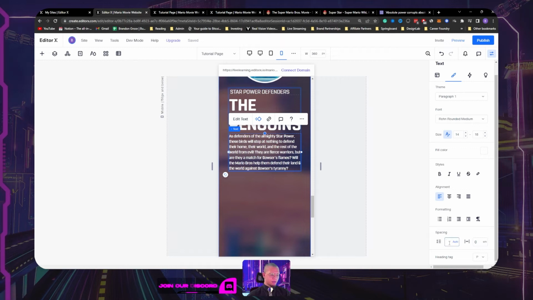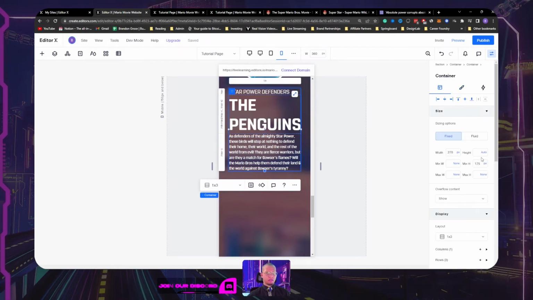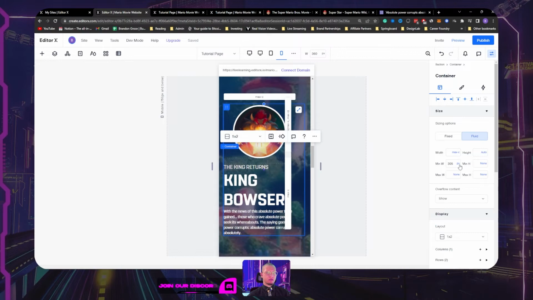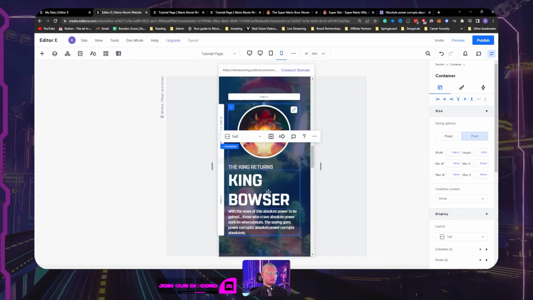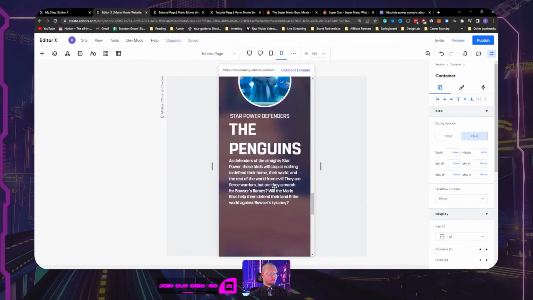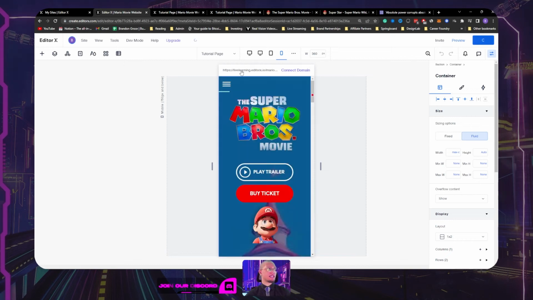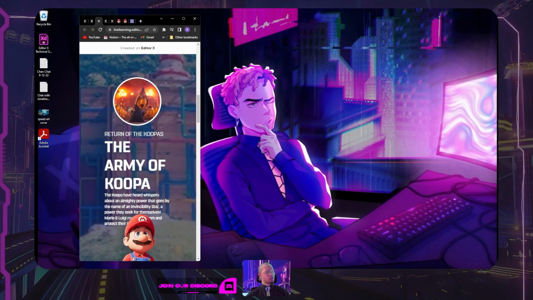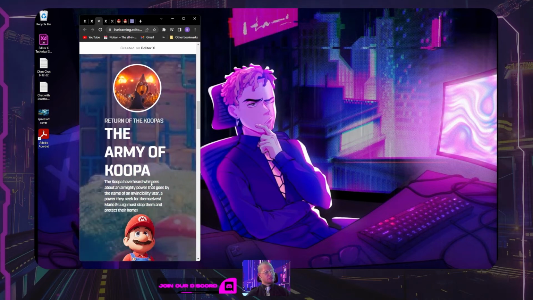Okay, gonna set the spacing to 1.4 EM. Make sure this does not have a minimum height. Set this to none. Our container here, I'm gonna set this to minimum width, set this to none, because I want this stuff to be centered. All right, let's hit our final publish. Now the only thing we might want to change is